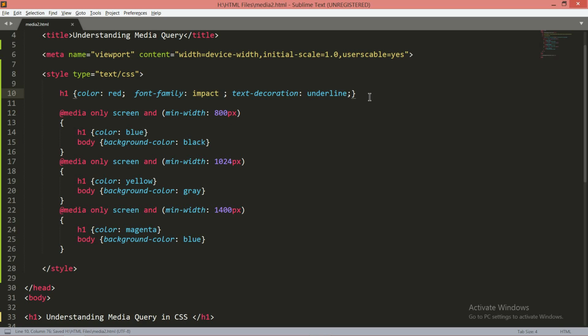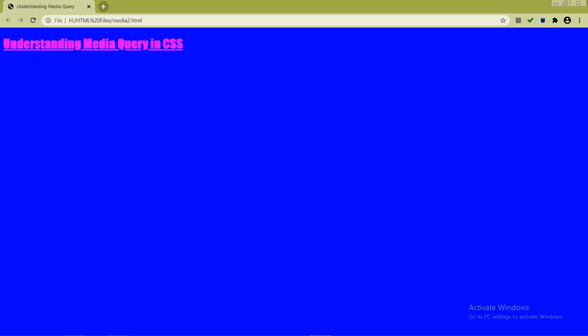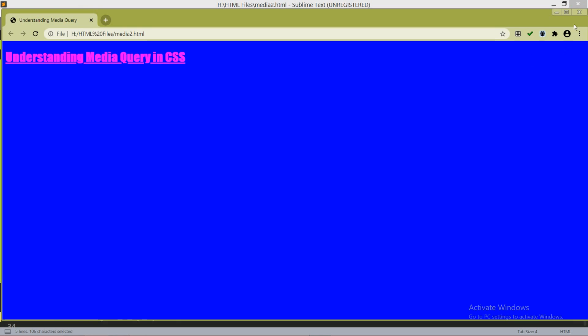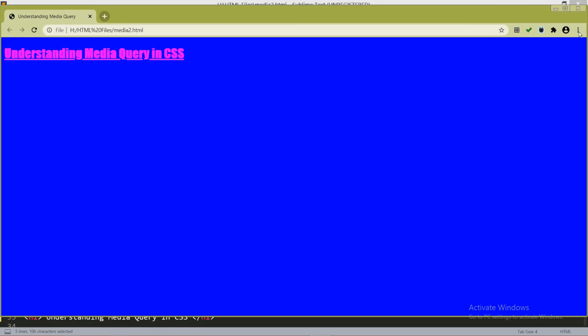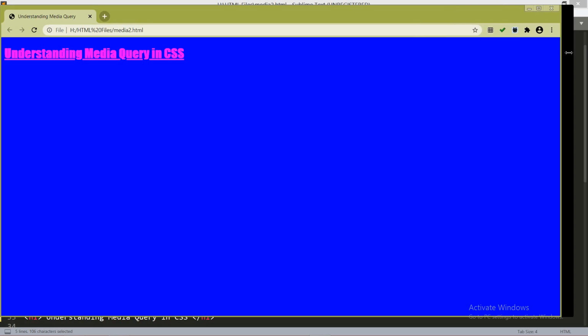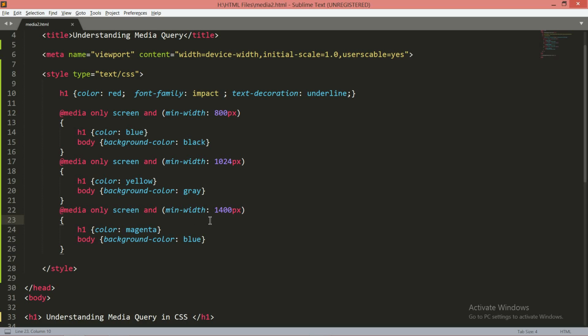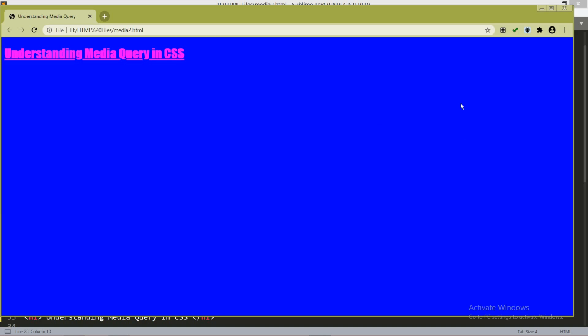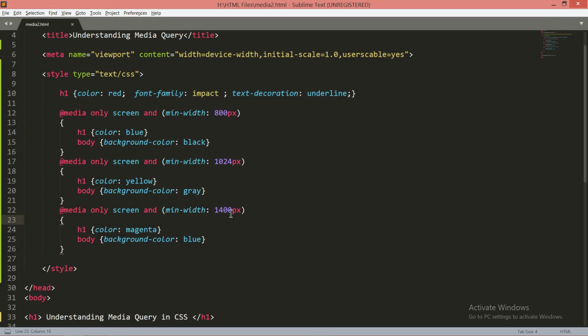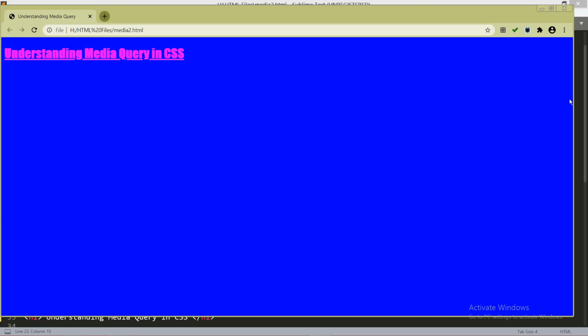Just save it and see the output. Right now these properties will appear: color will be magenta and background color will be blue. If I click on the center button of my browser and drag to decrease the size of the browser, you can see the properties changing. These are for greater than 1024, greater than 1400 pixels. Whenever my browser size becomes less than 1400, by default it will show these properties: color yellow and background color gray. See,